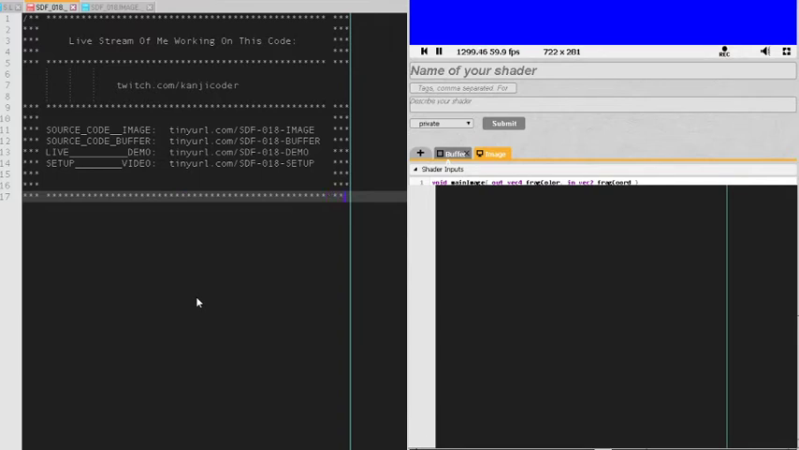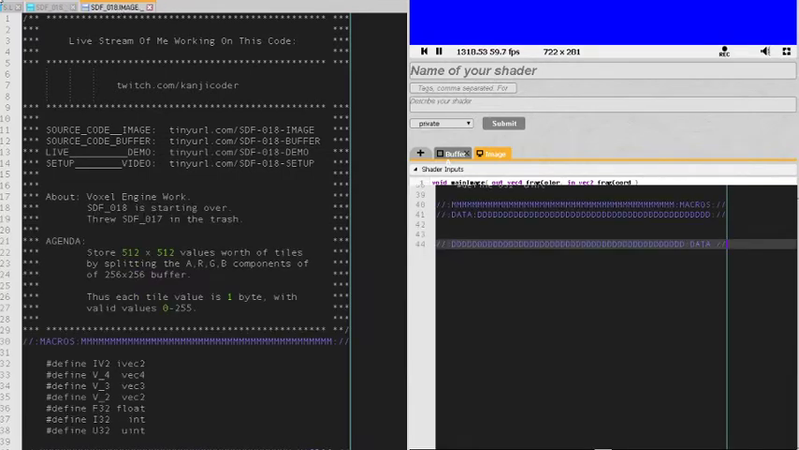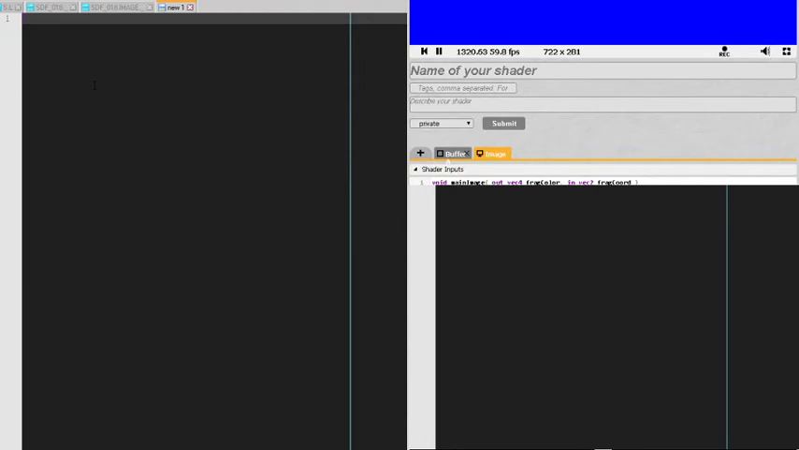If someone just checks out SDF 18, it should lead us to the basics, right? Image, buffer, demo, and setup. So very consistent. So let's go with that. Save that, and then new. We need the same thing, but for the